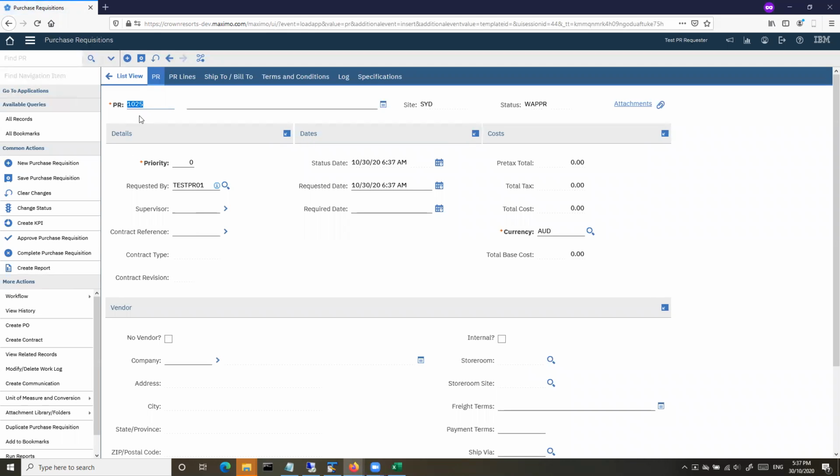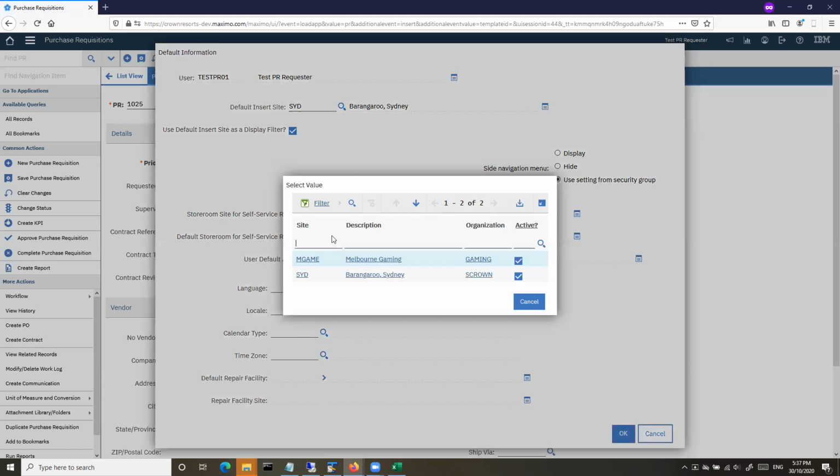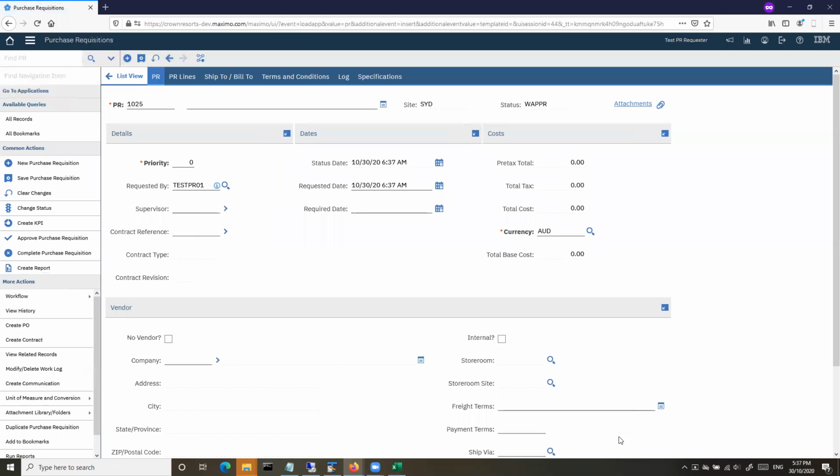As you can see, certain information will default, such as the PR number, the site, and the status. In Maximo, the site delimits what data you have access to. This particular user is in the Sydney site. Some users may be across multiple sites. To change sites, click the icon at the top here, go to default information. As you can see, it'll request this user, but you could change that if you're creating it on behalf of